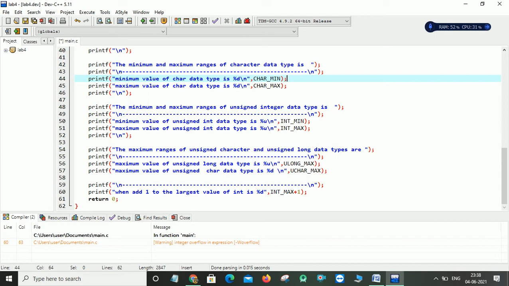And after that, the last question asked in this program is what happens when you add 1 to the largest value of an integer. The largest value of an integer I can take from INT_MAX, right? So for that I can add 1 to that. Again it starts from the beginning. That is, when you go for an integer, it will be in a range from a negative value to some positive value. So again when you add 1, it comes to the front of that. So it tries to display the negative value. Okay, so I'll try to execute this program. I just compile and run this.